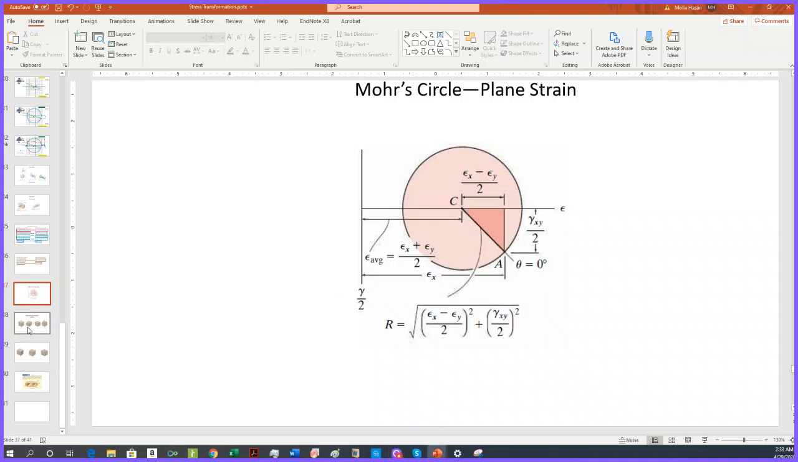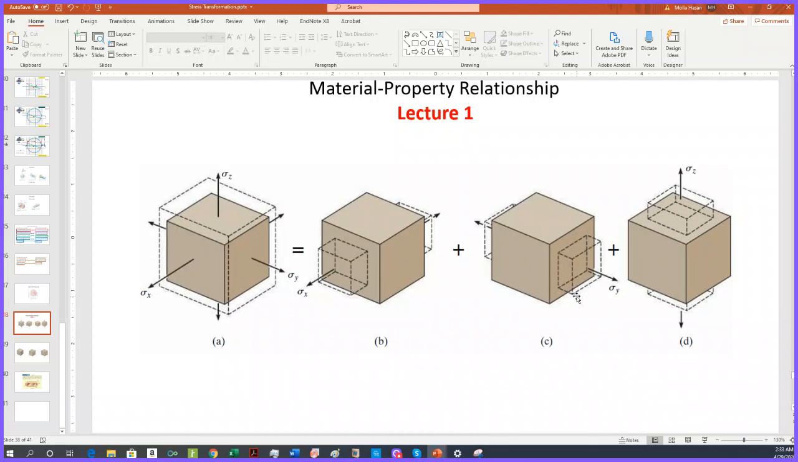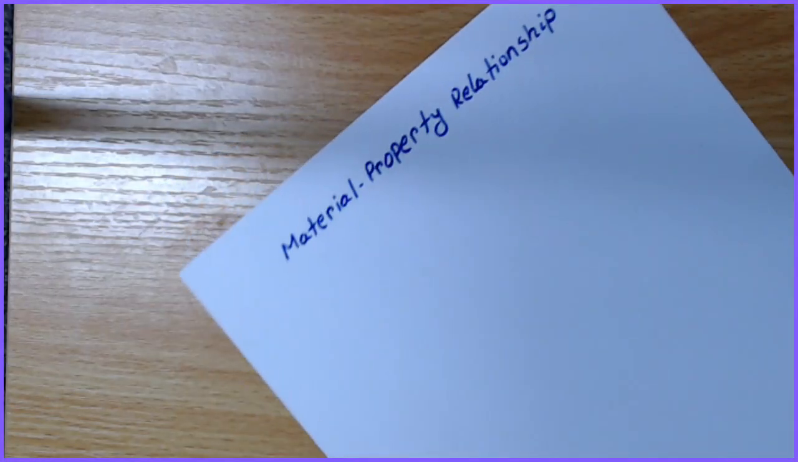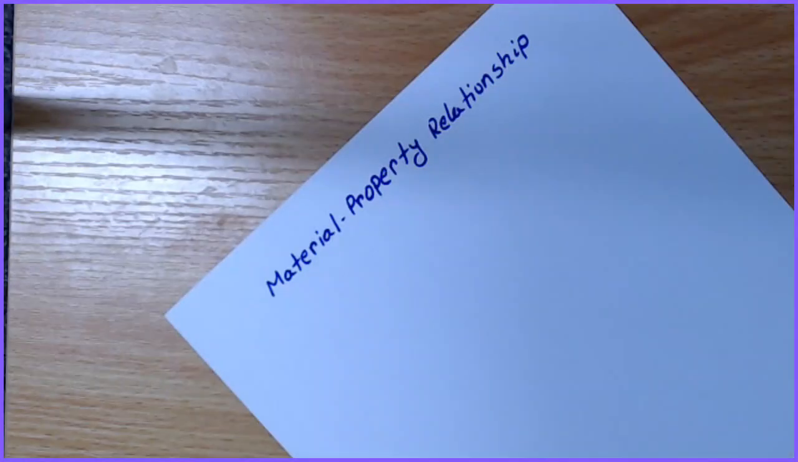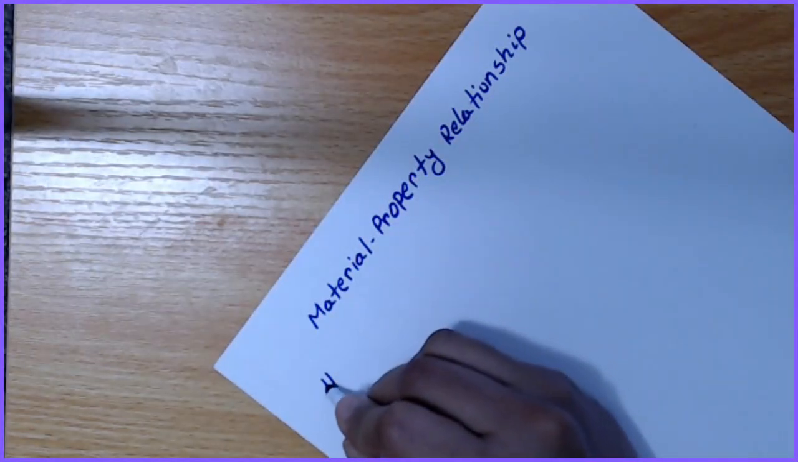So in today's class, as I mentioned in the beginning, I'm going to start with the material property relation. So let's start with this one. We all know Hooke's law. Remember Hooke's law? Hooke's law said